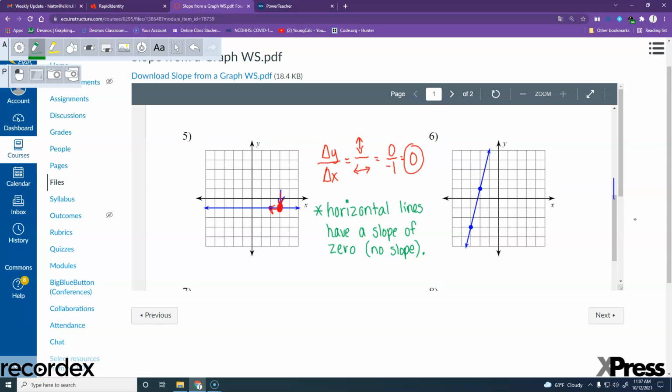Okay, make sure you got this written down there because it's really important and something that kids forget a lot. So if you see any horizontal line, you don't even have to count, right? You just say 0 is your answer. You don't have to try to figure anything out there. All right. You guys may be able to guess where I'm going next